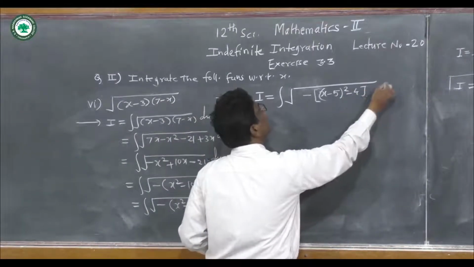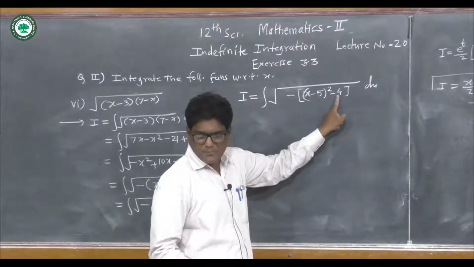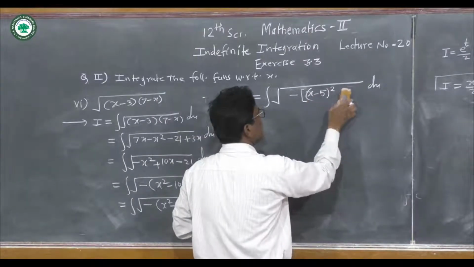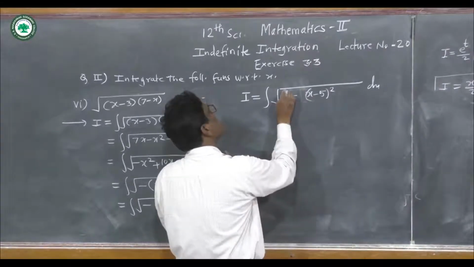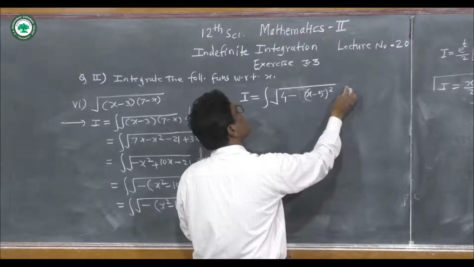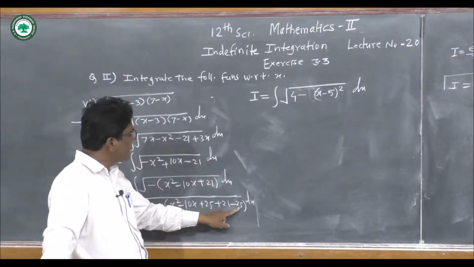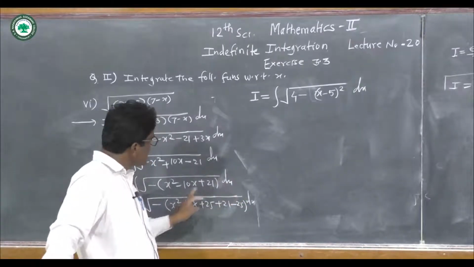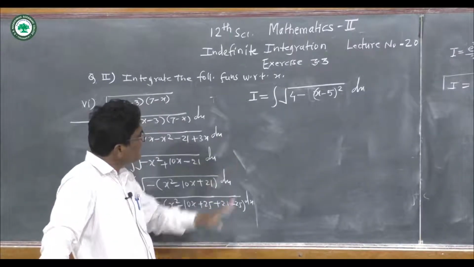Here minus 4 dx. Now see here, this is a minus 4 constant term. This minus and minus become plus 4. So we take here plus 4 and we write it like this: 4 minus root of x minus 5 bracket square dx. Get it? Here plus 21 and minus 25 is minus 4, and when we take it outside the bracket, that becomes minus minus plus 4. We write firstly plus 4, and then minus this x minus 5 bracket square.